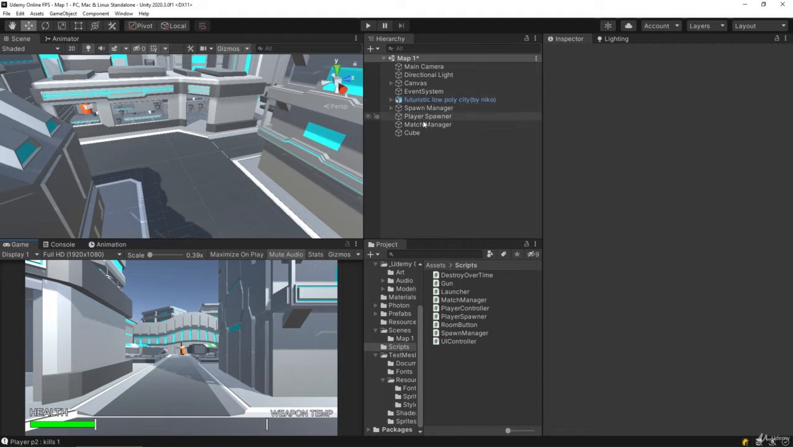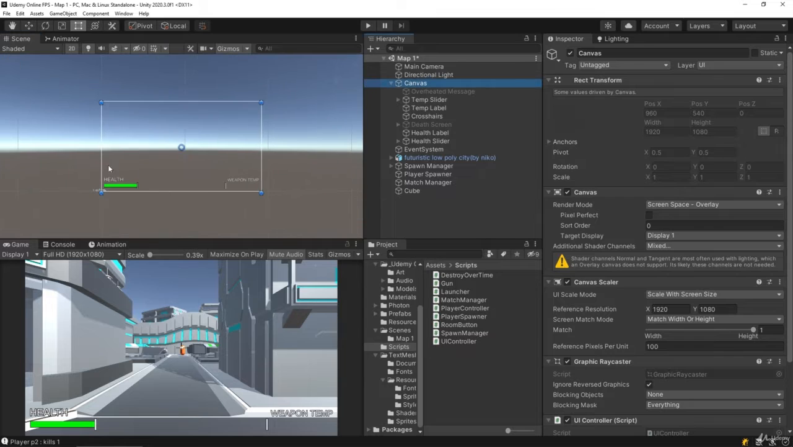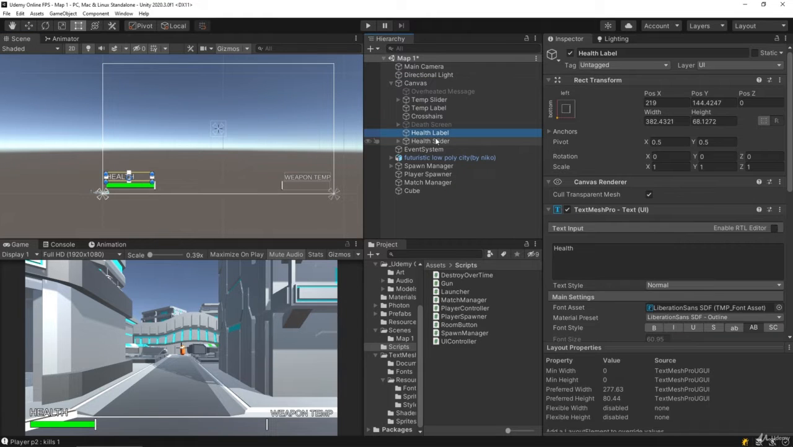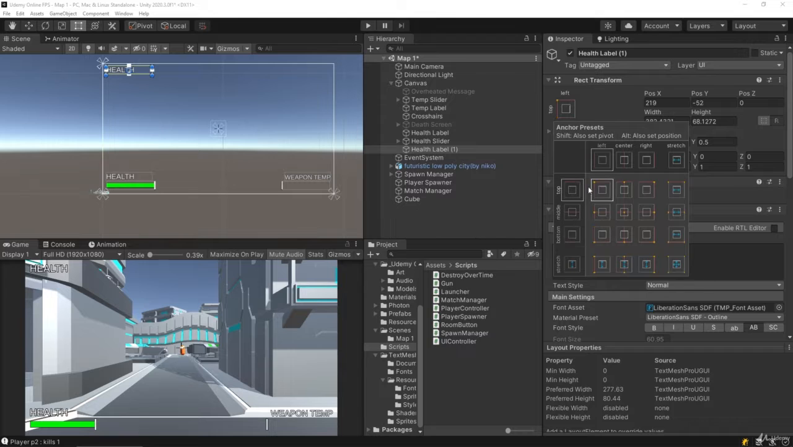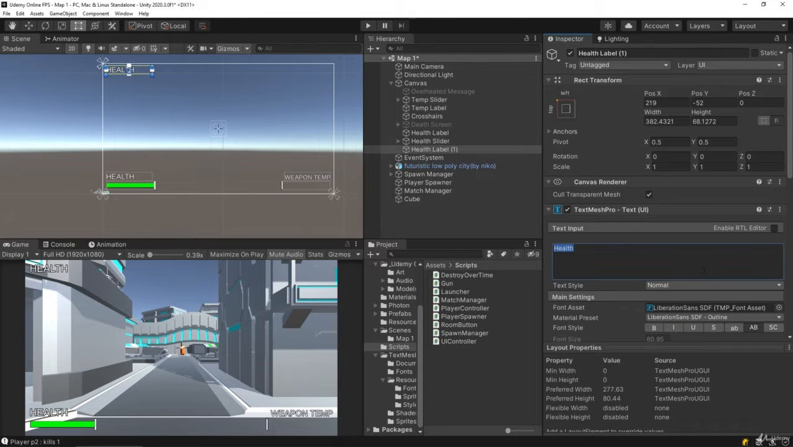So let's go to our canvas here, and I'm going to switch to my 2D view so I can see it. And I'm going to grab this health label and duplicate it, and I'm going to move this up to the top up here, like roughly about there, I'd say. Change the anchor point to the top left, and we're still aligned to the left. That's great. So I'm going to say kills